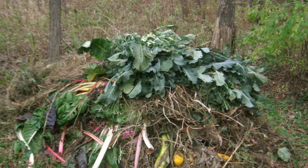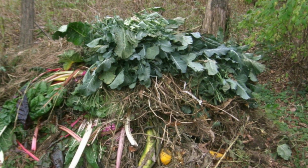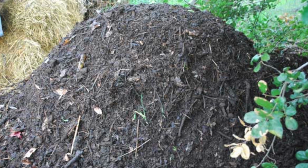So we burn wood. We can heat our house with the wood. We can get wood ash left over from the wood. We put that into our compost pile. We compost it, and in return, we put it on our garden, and we get food out of it. There's just so many different things out there you can do this with. If you're